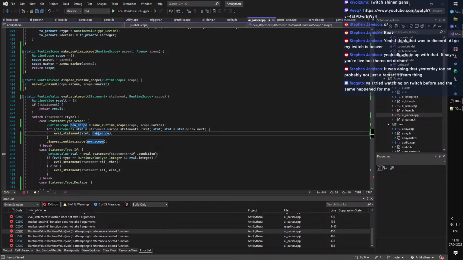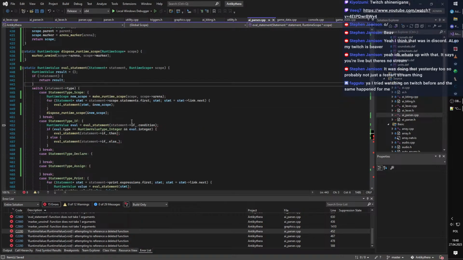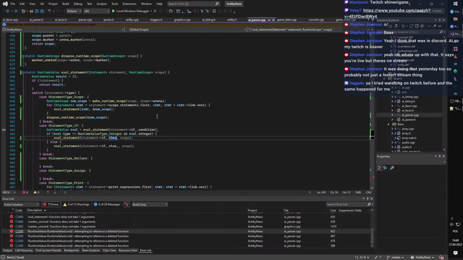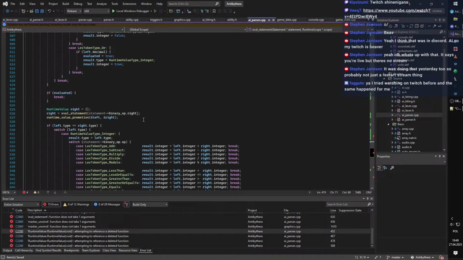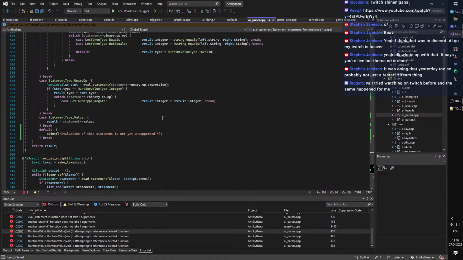Okay, and then here we would pass the pointers. Okay, and here we just pass our scope. Right, and then here scope, scope, scope, scope,